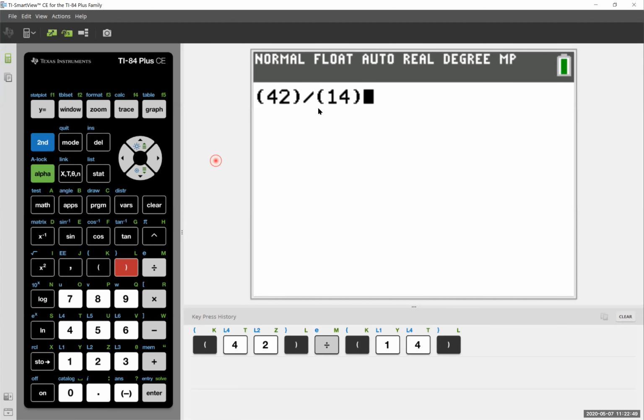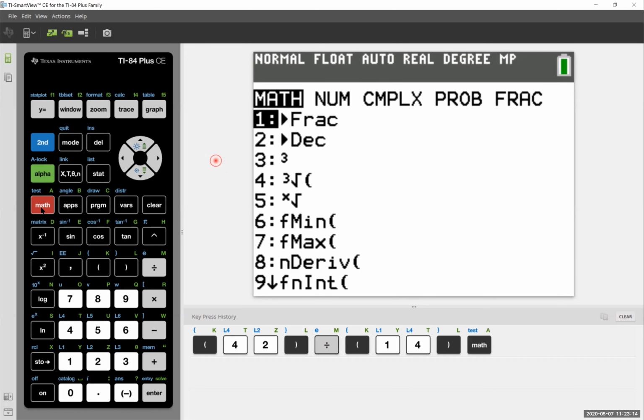So from here, we need to check this and make sure, okay, everything that I have written in as a number is the exact same as what I have been given on my paper. So fantastic, we have that. Now before we hit enter, this is where the final step of having this give us a fraction answer is very, very handy. On the left-hand side of your calculator, third row down, we're going to click on the math button. You should see this come up.